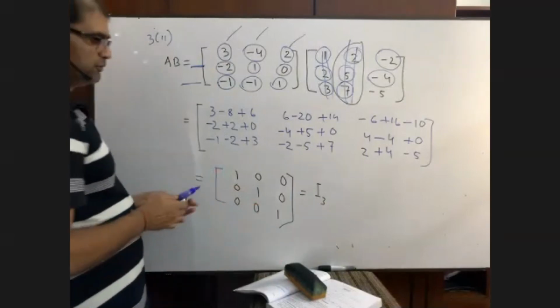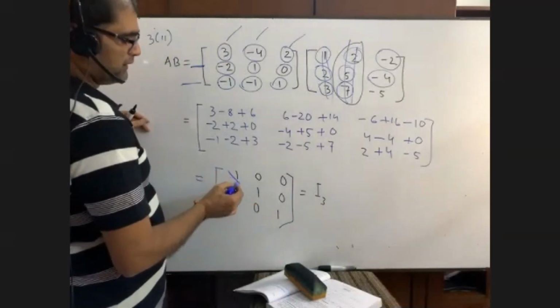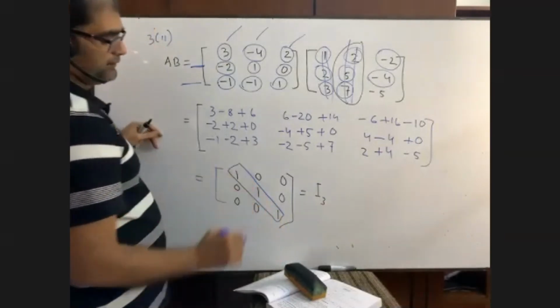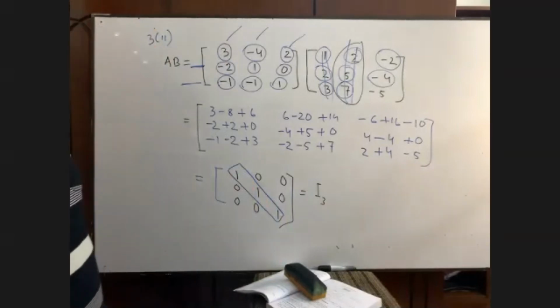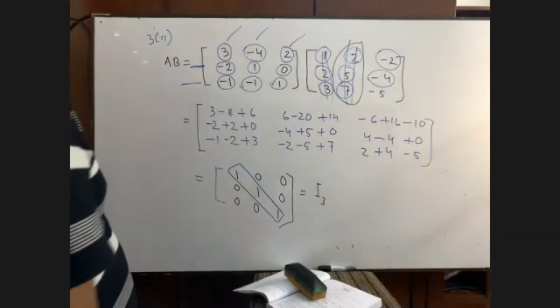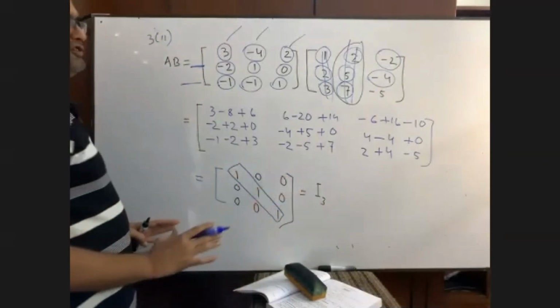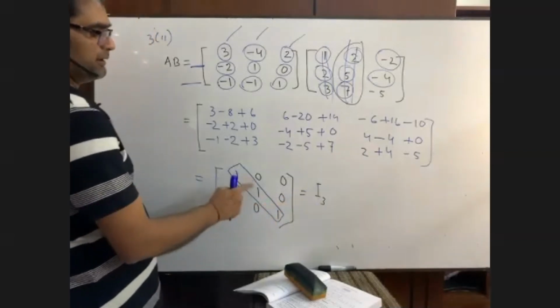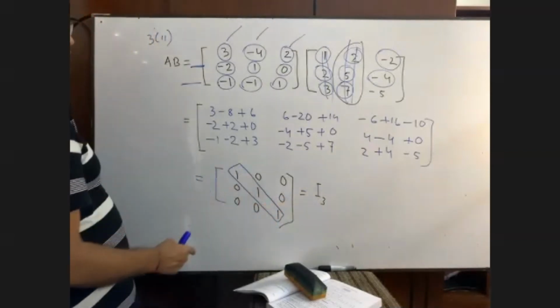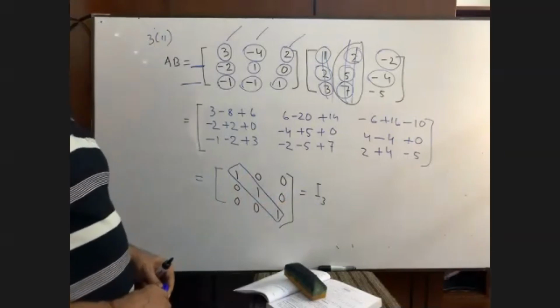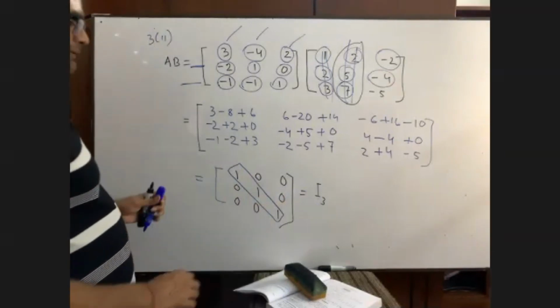This is known as principal. I'll make you understand the definition in the next class or today if you want. This is called the main diagonal, or principal diagonal or leading diagonal, and the other entries will be 0. This is called identity 3, a square matrix of 3 into 3 order. Now you find BA. All of you are required to determine BA. Please, I want to see who can do it first. BA.